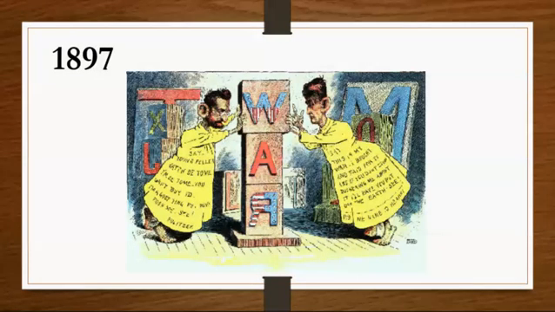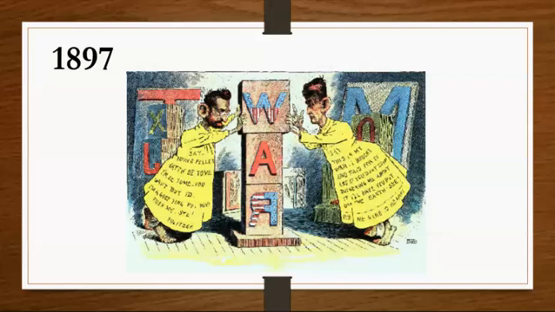1897, the New York Journal and the New York World stir up anti-Spanish sentiment with yellow journalism. It's called yellow journalism in part because the paper that was used to print newspapers at the time was yellow. Now, yellow journalism specifically refers to the sensational type journalism in the late 1800s as it related to the Spanish-American War. And sometimes this journalism kind of went an extra step and exaggerated stories to the point of sometimes portraying